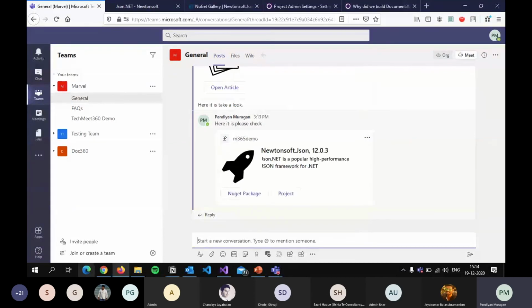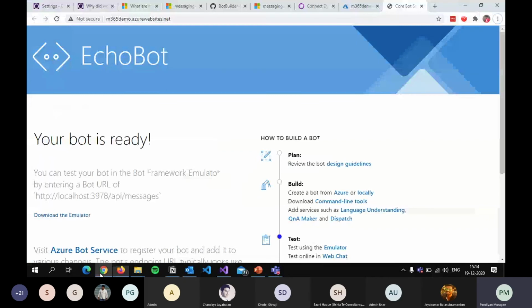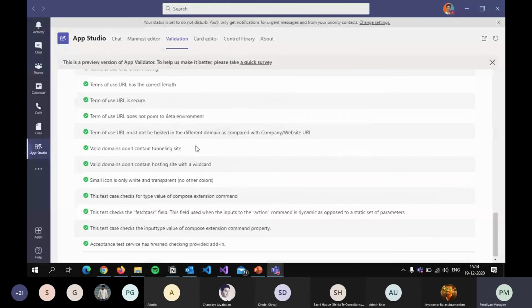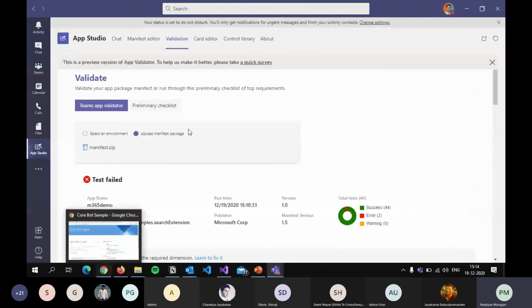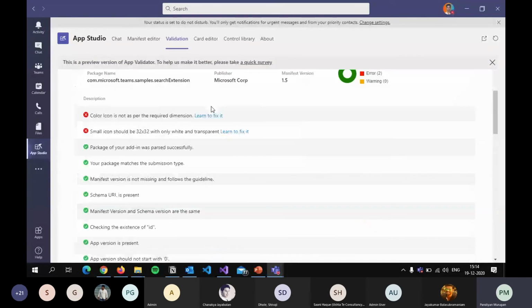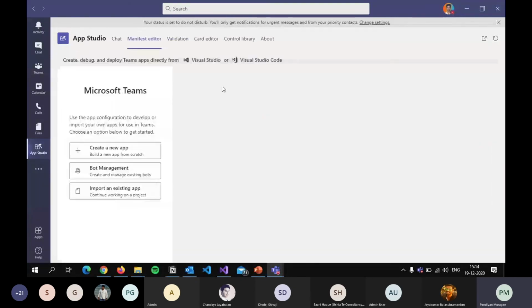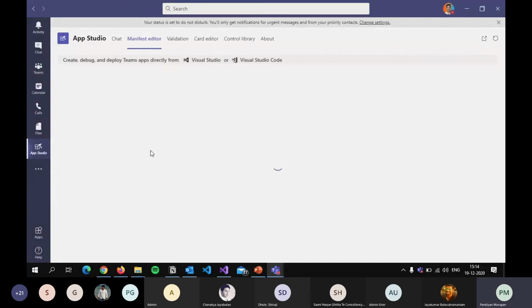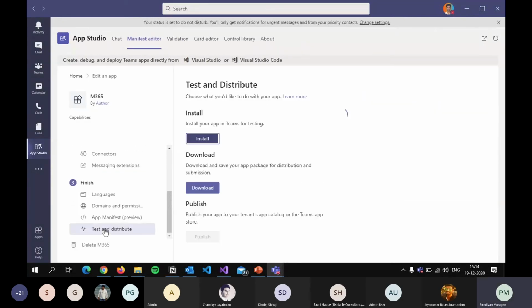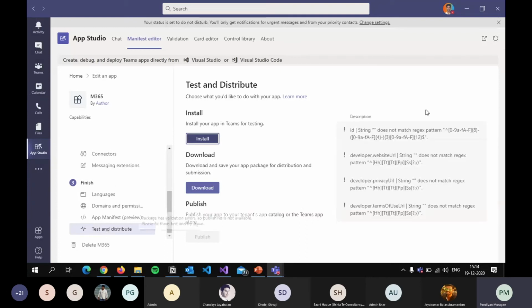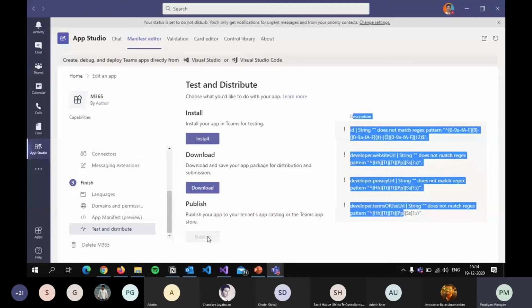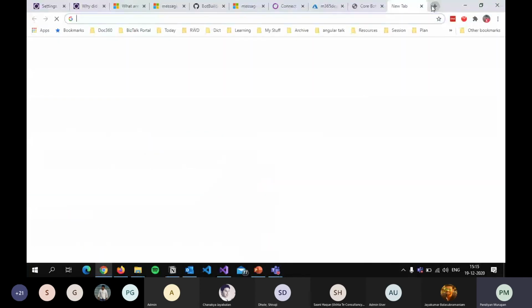So next step: you have created something, you have even tested it, and you can validate the apps here. And the next step will be submitting for review. So if you created something and it needs to be used in the real world, you can submit it for review. For example, this manifest will be there. So we have created this, and you can even distribute it. So if you clear all this description, you will have an option called publish here. You can do it straight away. When you're submitting for the Microsoft review, you can go through the various information like the package reviews, and you need to go to the partnership program.